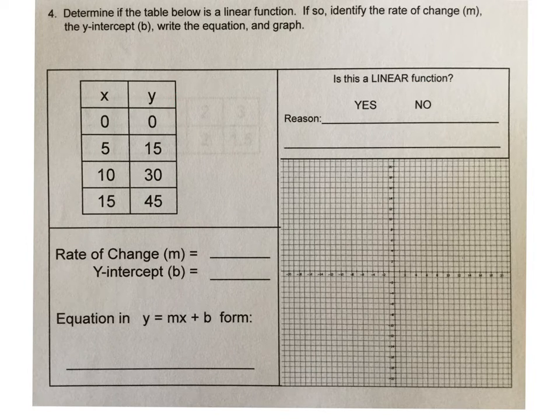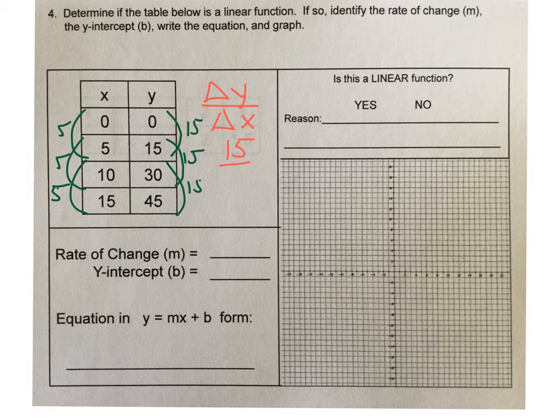The change between the 0 and the 15 is 15. This is increasing to 15, and this is increasing 15. This over here is increasing by 5. Again by 5, and again by 5. Now, my rate of change, obviously they're all the same. So the change in y over the change in x is 15 over 5, which is 3. When you divide, 15 divided by 5 is 3. So yes, it is linear because your rate of change can be identified